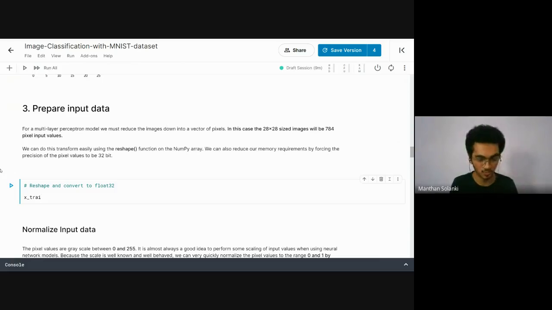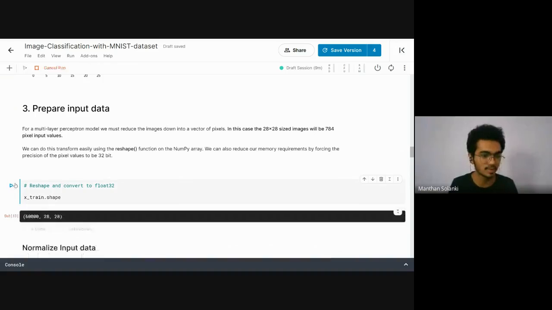Let's first look at the size of our data. The dimension is 60,000 by 28 by 28. What we want is 60,000 by the multiplication of 28 into 28, which is 784, because we need to give one single array to the neural network. So how can we change the dimension? With the xtrain.reshape function.